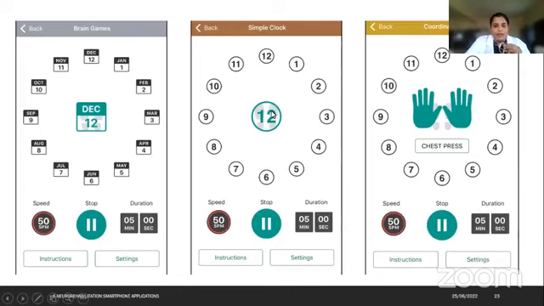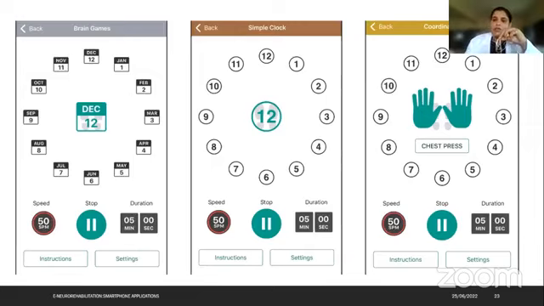Then the patient will be given a number. As you can see, it is a clock face, so the patient can visualize it. There are audio prompts in the application. The audio will say one, so the patient has to keep the right foot on number one. Then if the audio prompt says five, the patient has to keep the right foot on number five. In the same way with the left foot. So it is basically stepping. You can improve balance with this application, and also improve coordination and cognition.